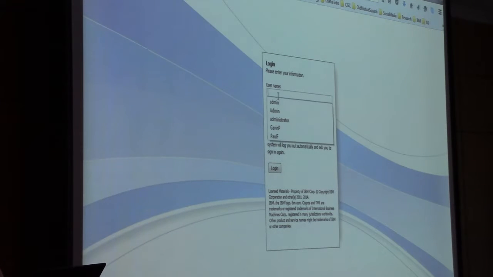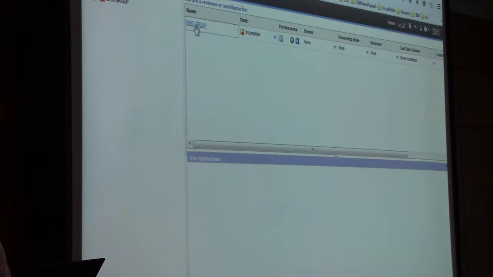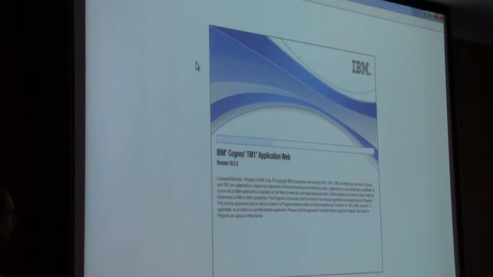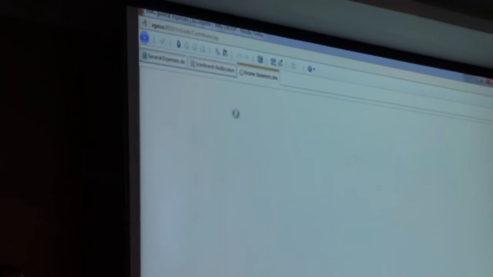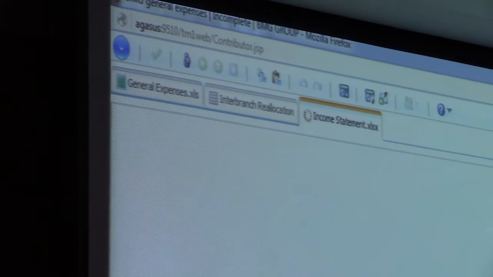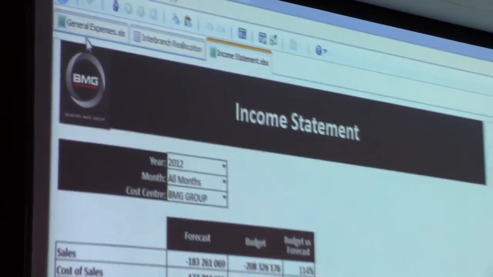Okay, so that's workflow. I'll just quickly take a moment and show you what a normal real-world example would look like. So you would normally load it up. This one's going to take a little bit longer to load. And you'll see it's going to be able to give you an income statement summary, whichever objects you choose to bring in here, whether they're cube views or slices.